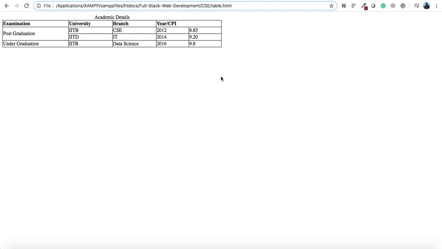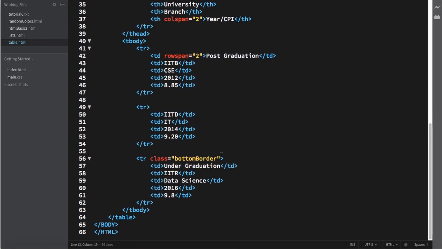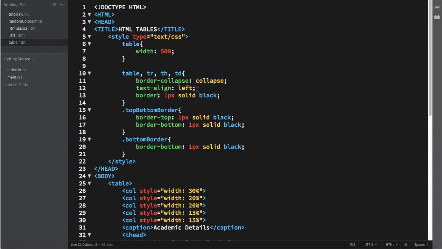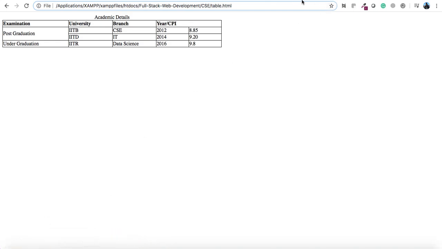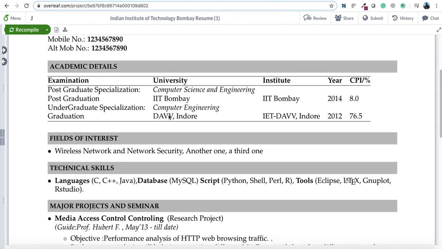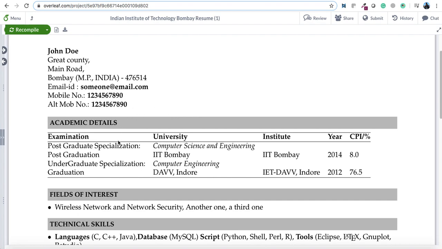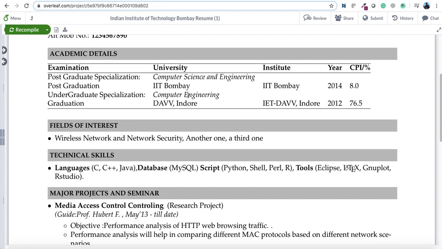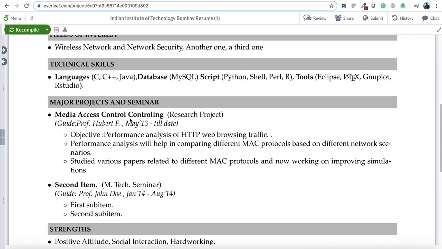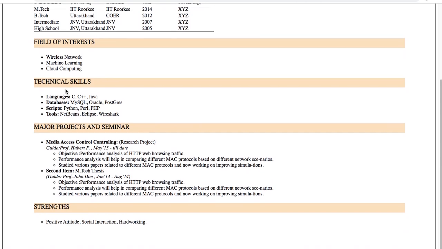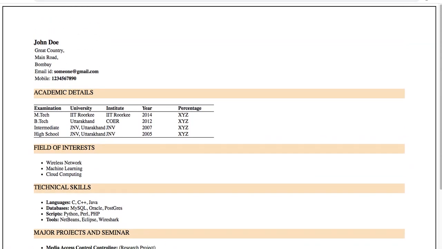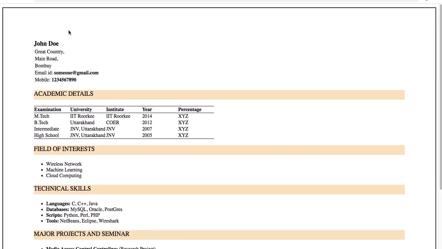So I think this is it for this lecture. You can make multiple differences in this code and change it as per your wish. So again, look at this IIT Bombay resume and see if you can make this. I think you have learned well to complete this table we have discussed just now. In the previous lecture we have discussed all these things. So this one I have created. You can do similar things as I have told you the basics.